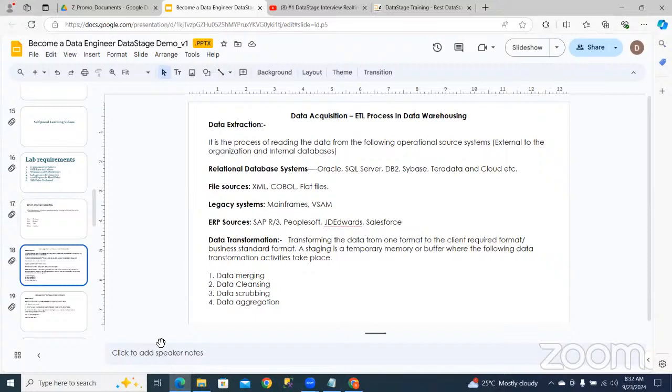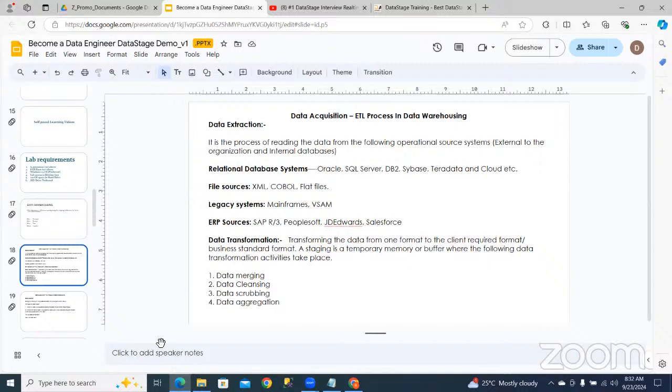In data extraction, we will be connecting to different relational database management systems, both internal and external. Internal systems are databases like Oracle, SQL Server, DB2, Sybase, Teradata, and cloud databases.